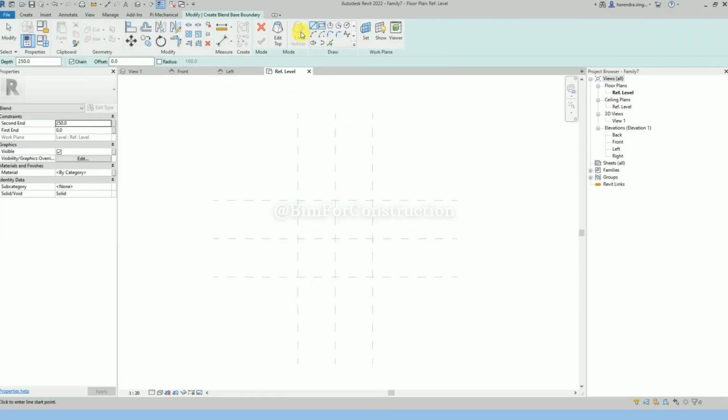So after selecting blend, here we are now going to draw the base of the family, and if you click on edit top, then you will be able to draw the top of the family. So first for the base I have created a square shape base, and when I click on the edit top, now I have to again draw a profile, and इस profile से अब हमारा top create होगा। So for the top I am drawing a circle,